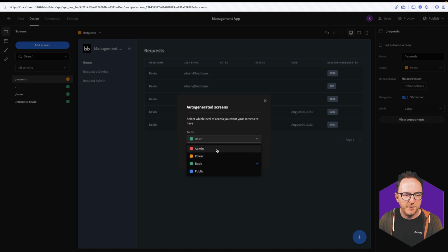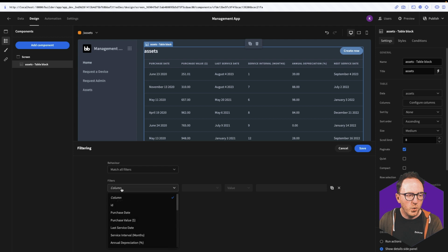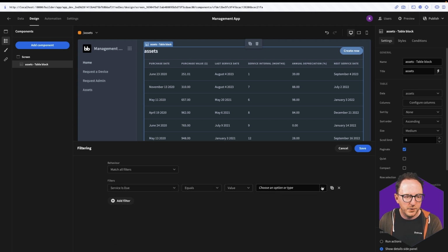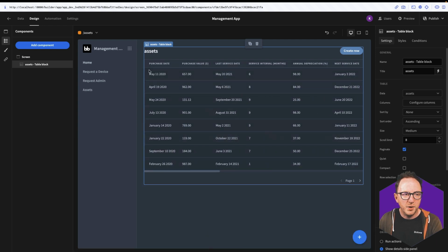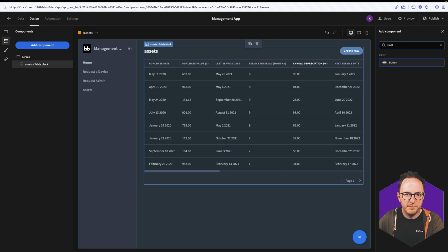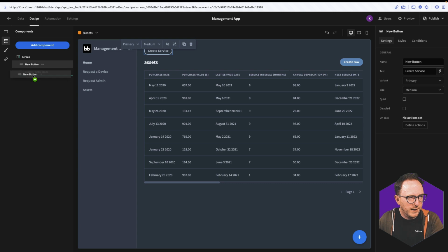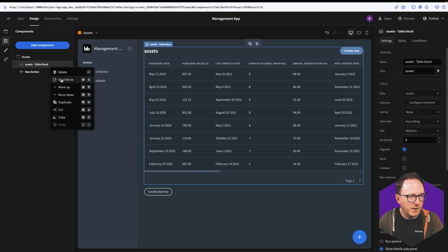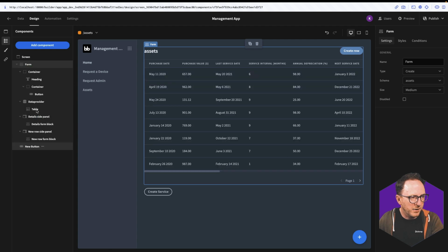This is just going to be for our power users again. And we want to filter these. We want to say only show those where the service is due equals true. And that means they're just the ones that have been ticked. And we want a button that's going to allow us to create a service. So again, we would like to be able just to drop it in, button, create service. We can't put it directly onto a table block. Instead, we have to eject the table block